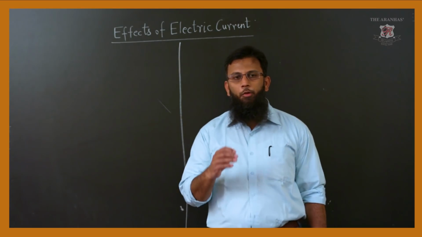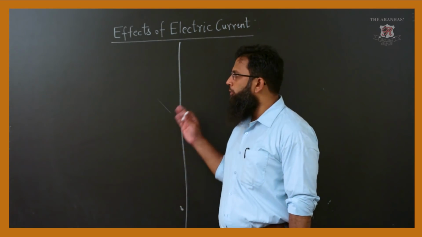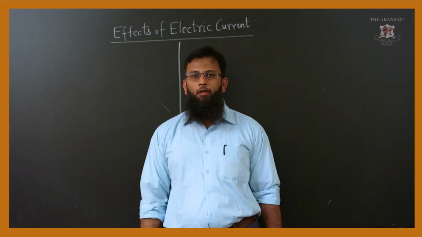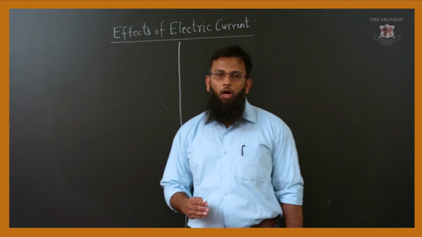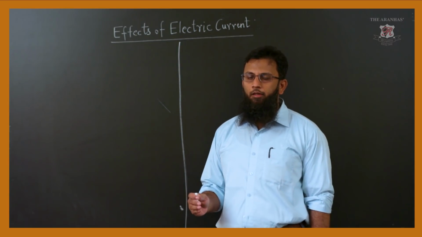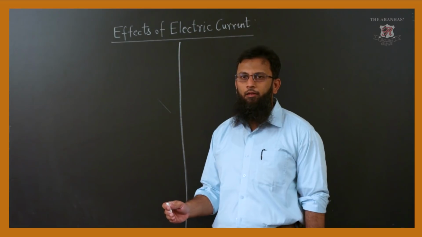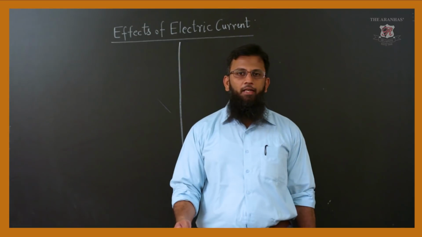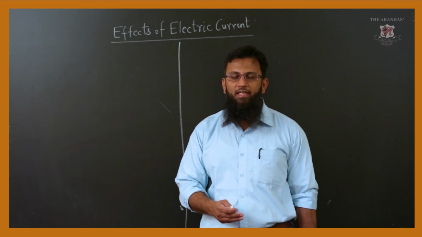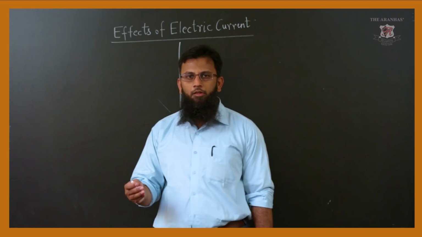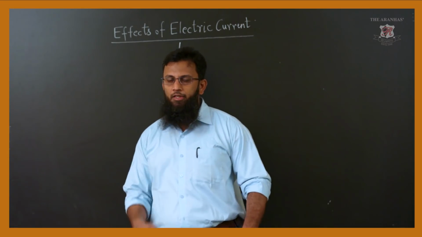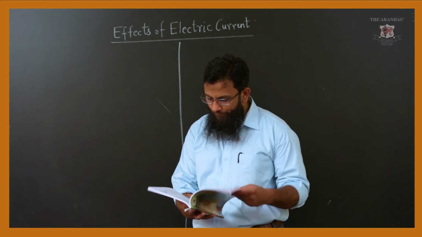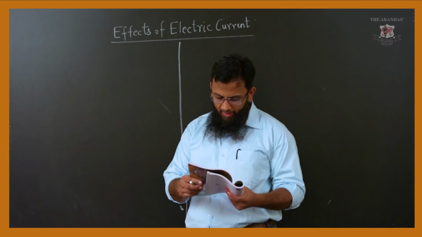Today we are going to continue with the numericals which were left from the topic effects of electric current. Today we will be seeing how one can calculate the cost of the electricity bill for the energy consumed for a given time duration, depending on which kind of electrical appliances were used. So, let us see in the textbook the exercise which is given, unsolved problems, page number 61,